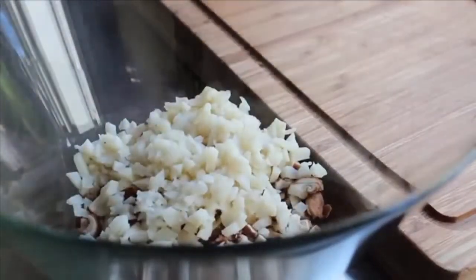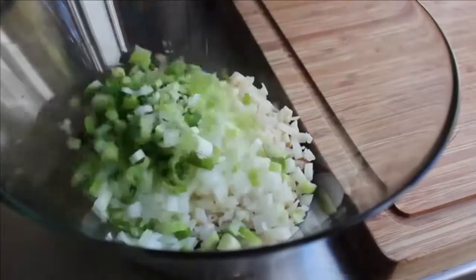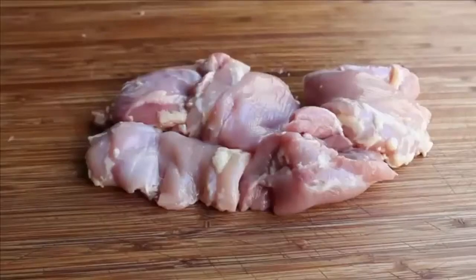And then to that, we're also going to add some diced yellow onion and some chopped green onions, also known as scallions. And we're also going to want a good amount of freshly grated ginger. So we'll throw some of that in, and at that point we can move on to the main ingredient, the